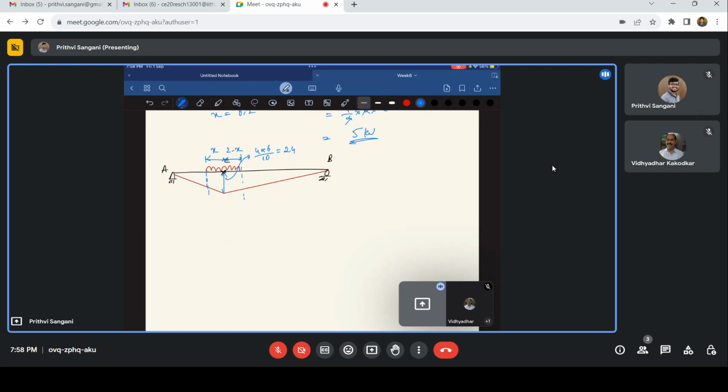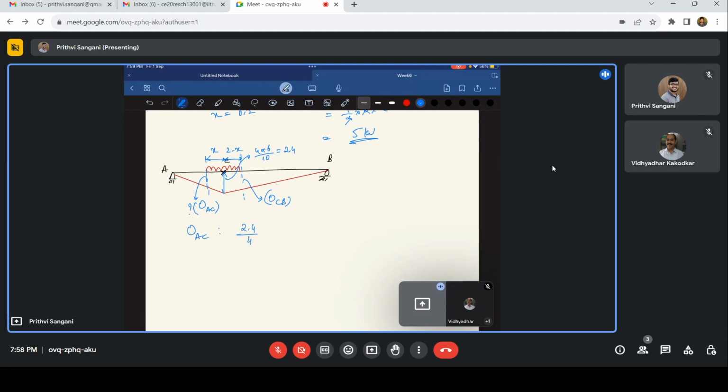This is normal math. So the slope of this equation, how much is it going to be? I'll call it the ordinate in AC, and I'll call this the ordinate in CB. Okay. So the ordinate in AC is going to be 2.4